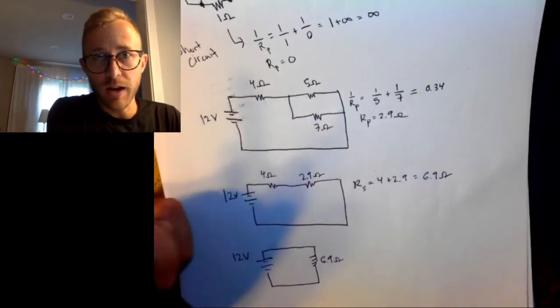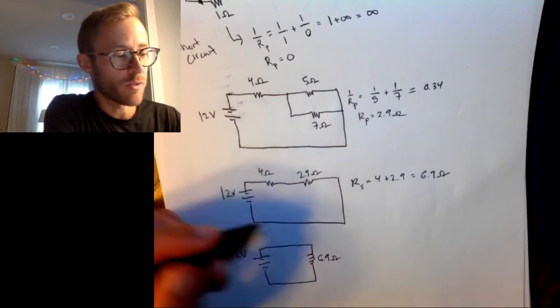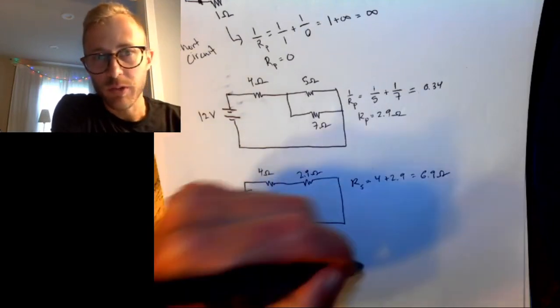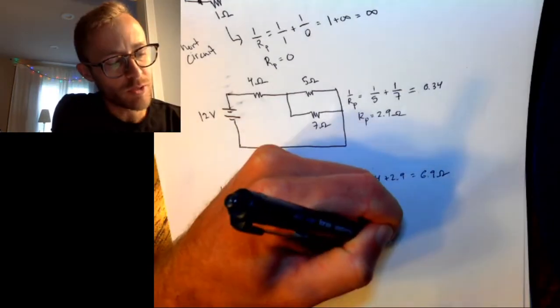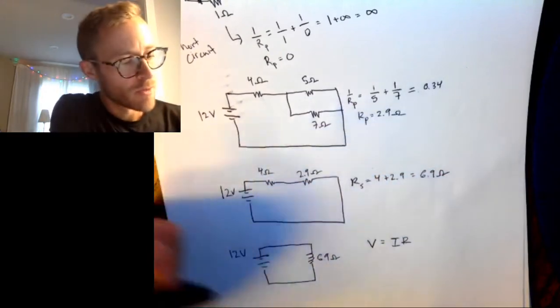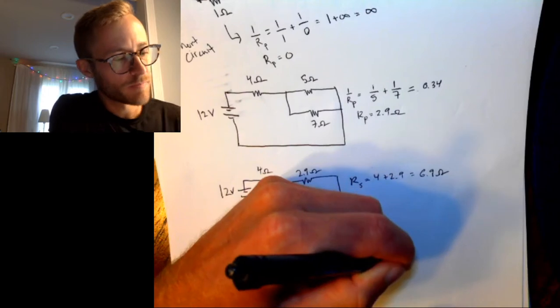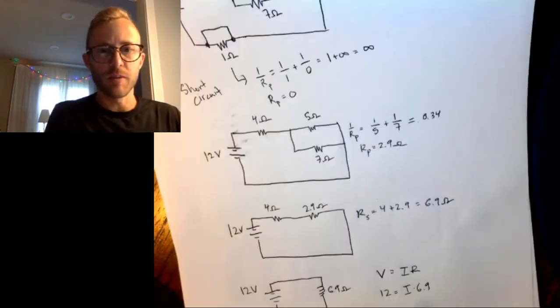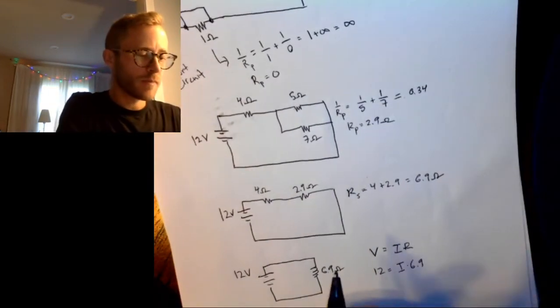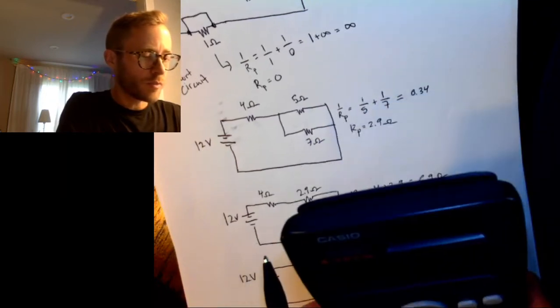Now once you have it down to one resistor in the battery, that's when you apply Ohm's law. So you say V equals IR. 12 equals I times 6.9. And then you divide both sides by 6.9. 12 divided by 6.9